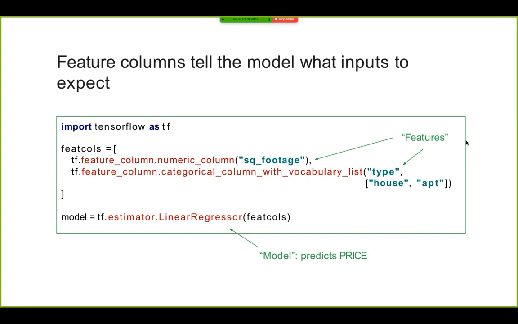So how is the feature column to be used? What we do is, first we create a list of the feature columns. How do we do it? So here, once we import TensorFlow as TF,